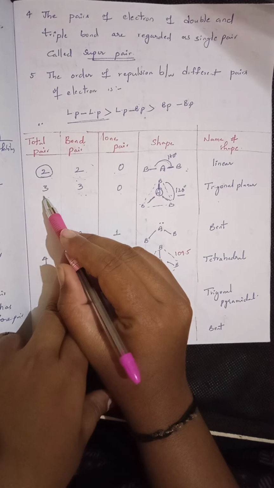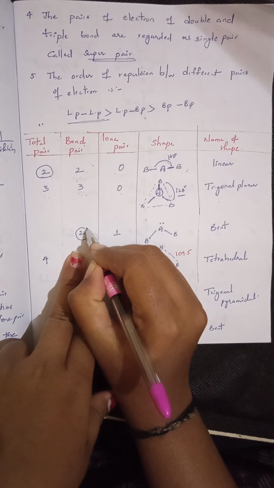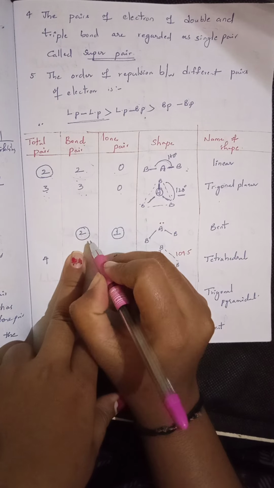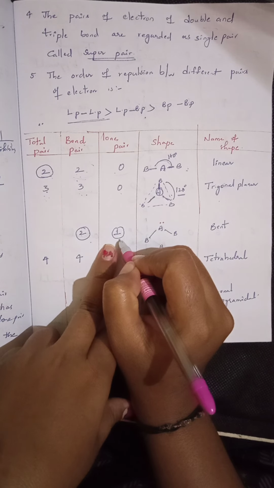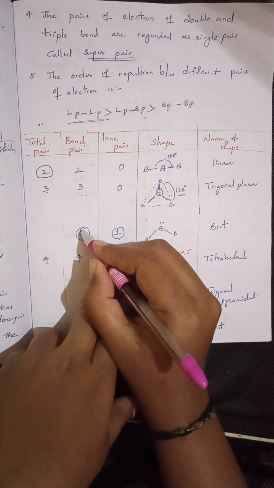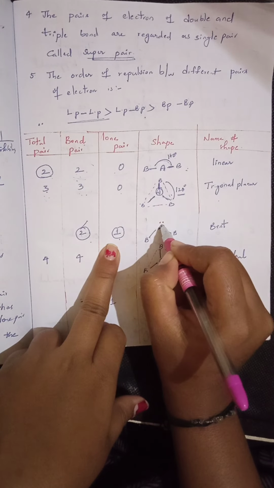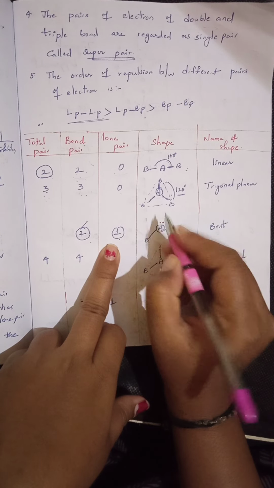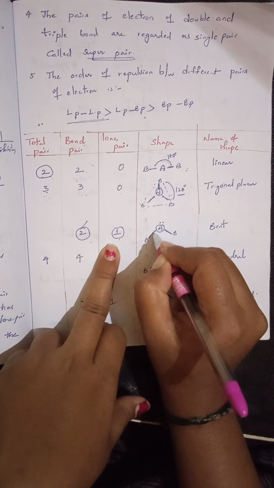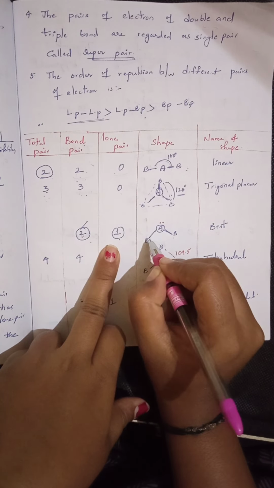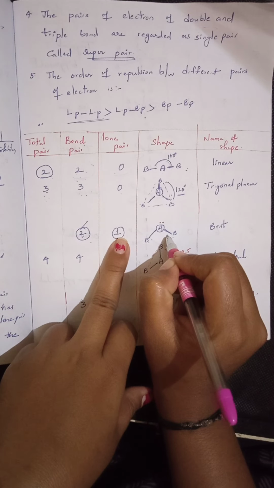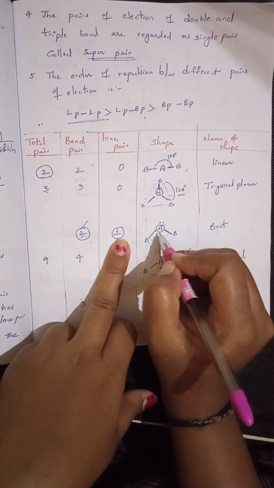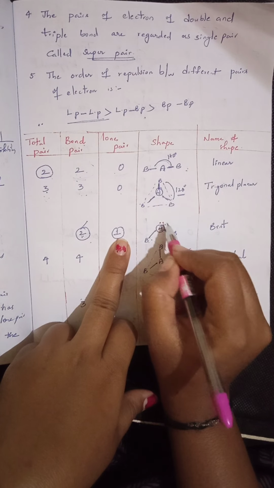Suppose in these 3 pairs of electrons, 2 are involved in bond formation and 1 exists as a lone pair. Two pairs means only 2 bonds with 2 atoms. Central atom A is bonded to 2 B atoms by using 2 bonds. Each bond contains 1 bond pair, totally 2 bonds and 2 bond pairs. The third pair of electrons is acting as a lone pair, a pair of electrons which does not participate in bond formation and retains on the central atom.